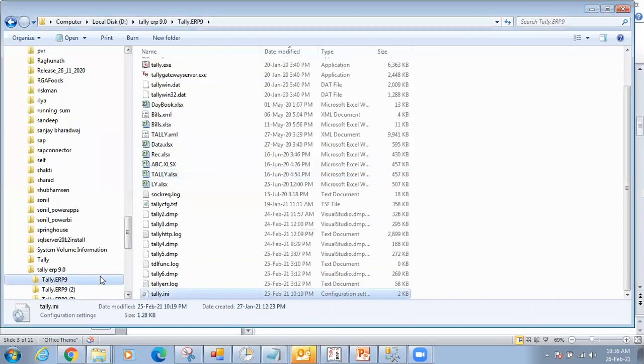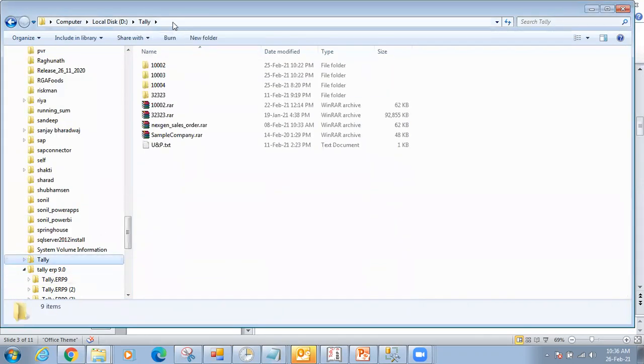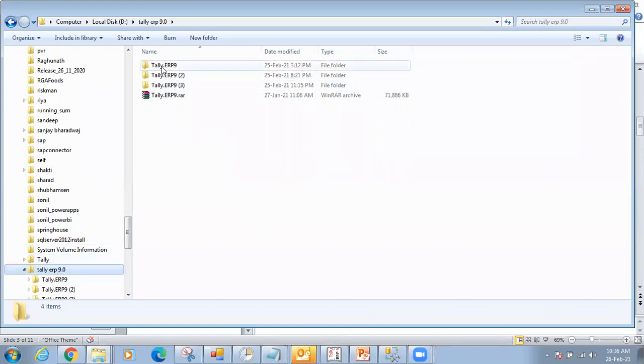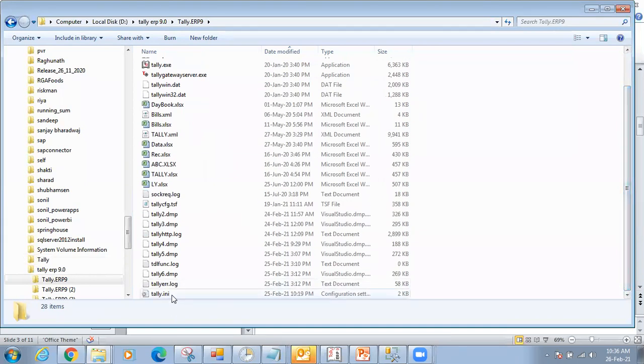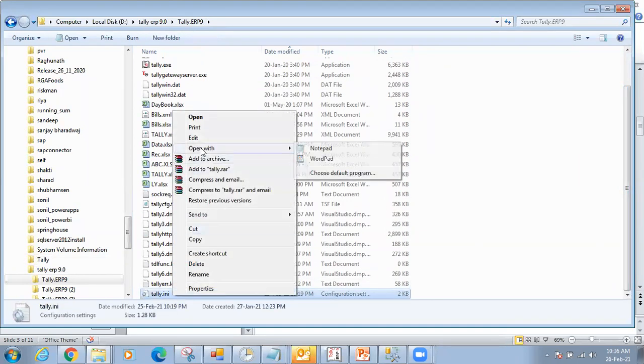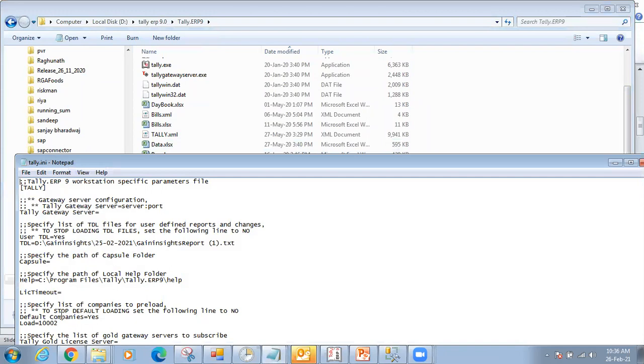So if I go here into the Tally, then you see this, I've got 1002, 1003, 1004, and all these companies. Correct. So with each particular Tally instance in the tally.ini file, what you will do here is you will say that, okay, fine, I will open this particular company by default. Is that point clear?